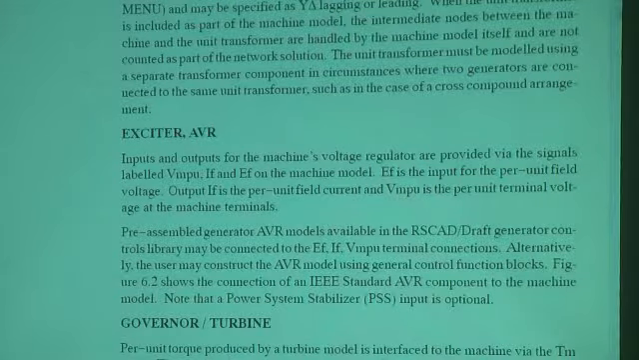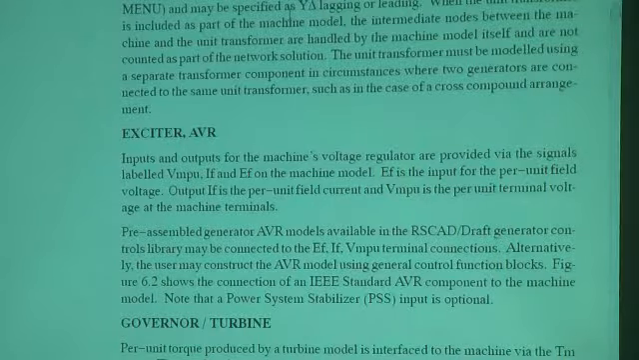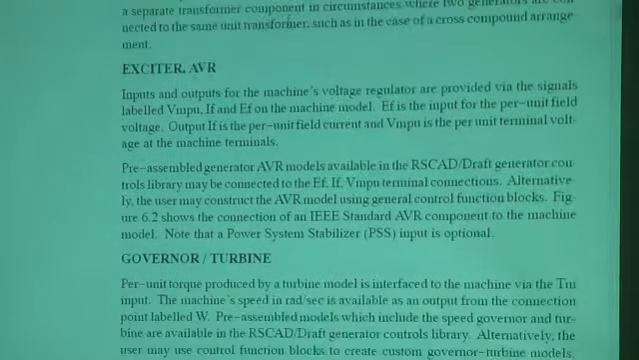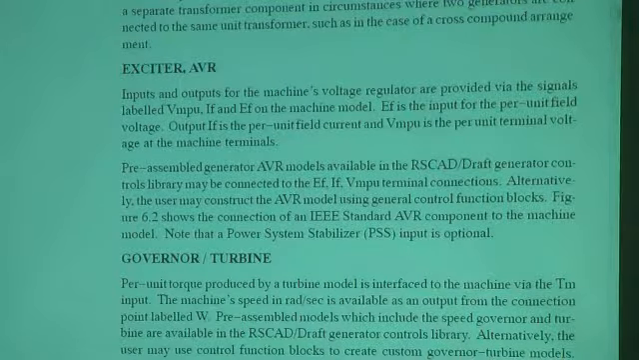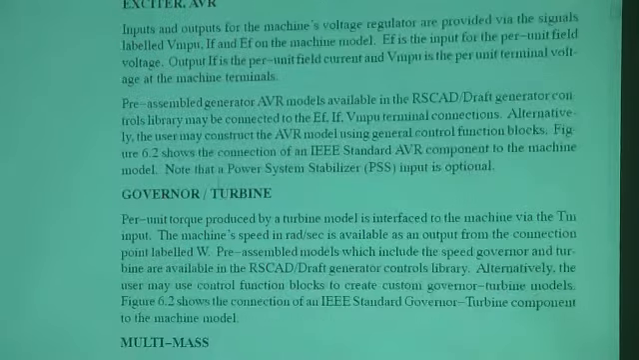So the unit transformer, which is an option, you can set it up as Y delta lagging or leading. As I mentioned before, the exciter, AVR inputs and outputs, governor turbine model,